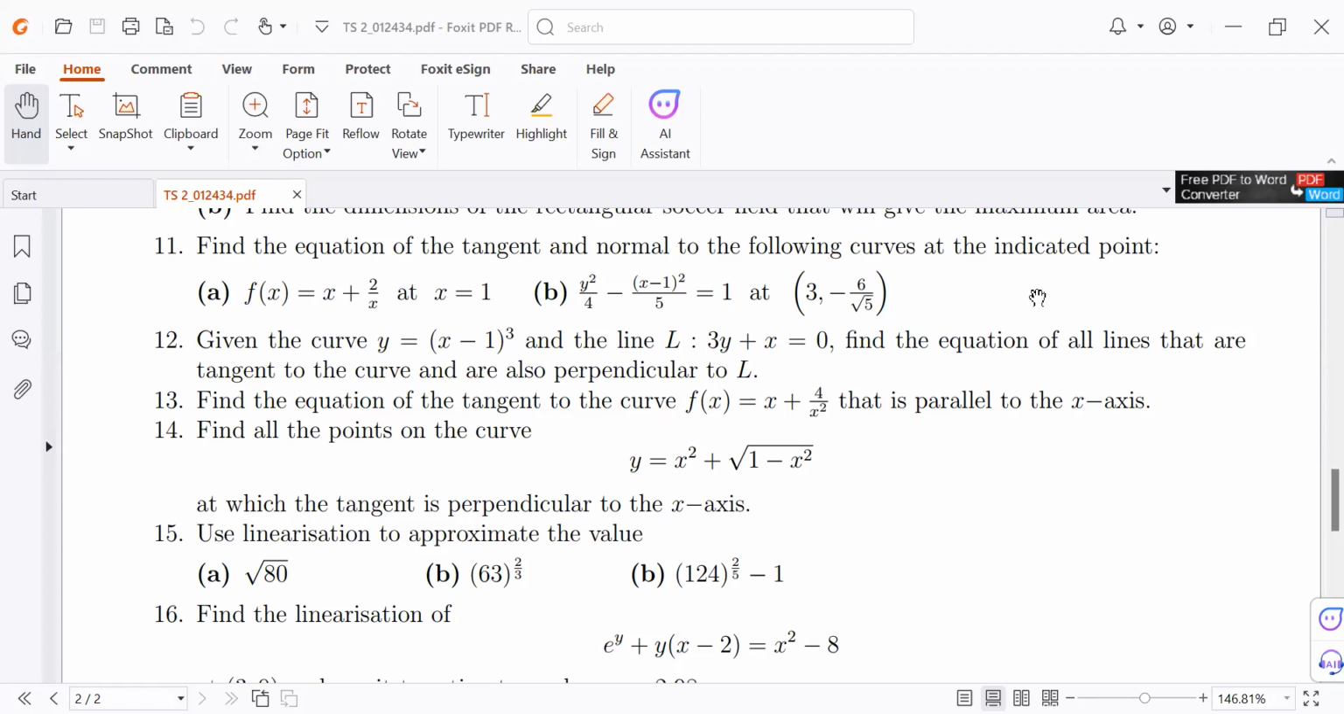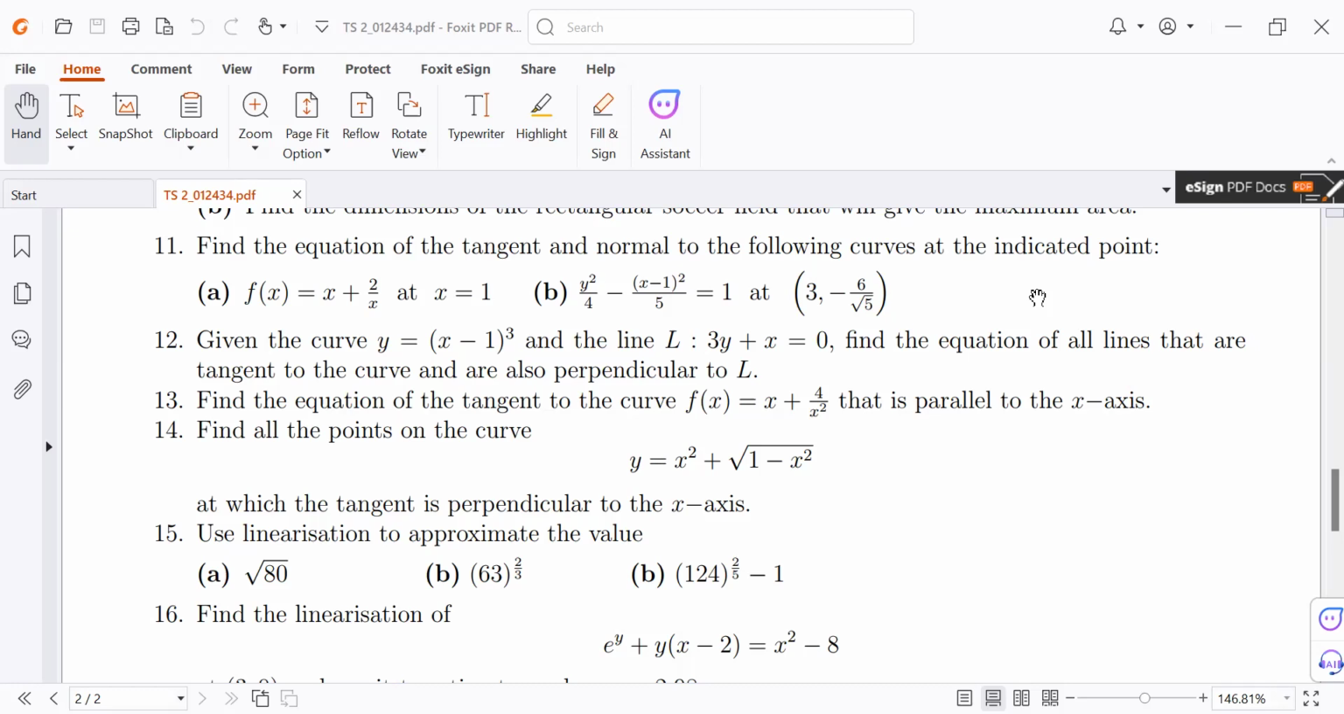So question 12 reads: given the curve y is equal to (x minus 1) to the power 3, and the line L, 3y plus x equal to 0, find the equation of all lines that are tangent to the curve. And the condition is that those lines tangent to the curve should also be perpendicular to the line given. Now, two perpendicular lines